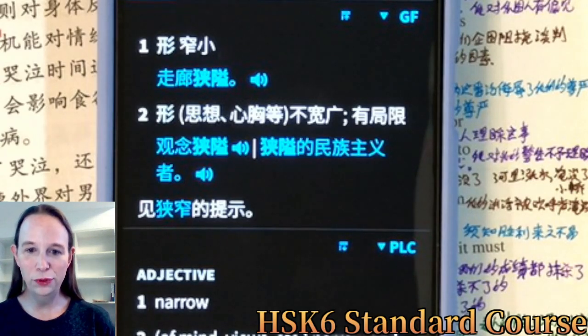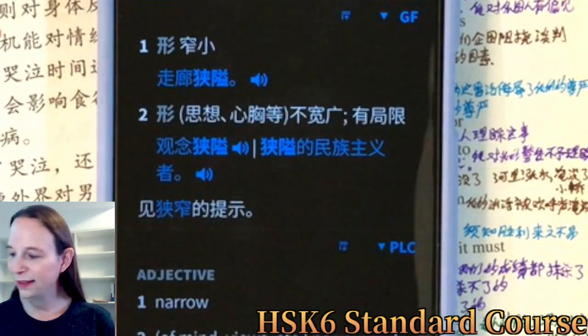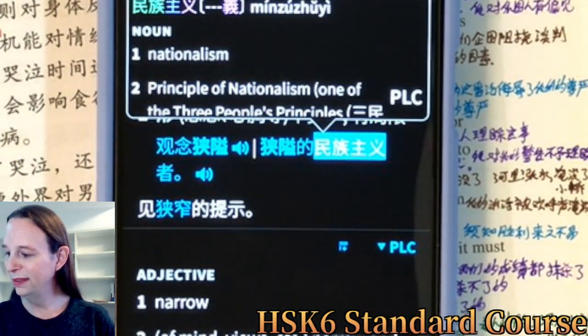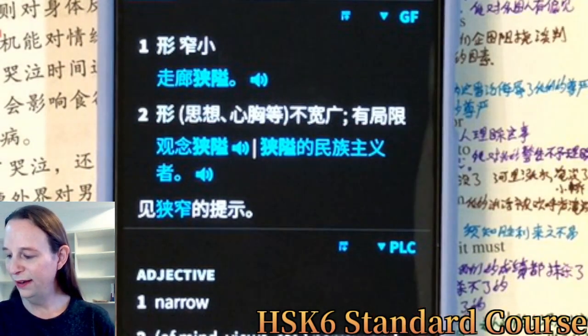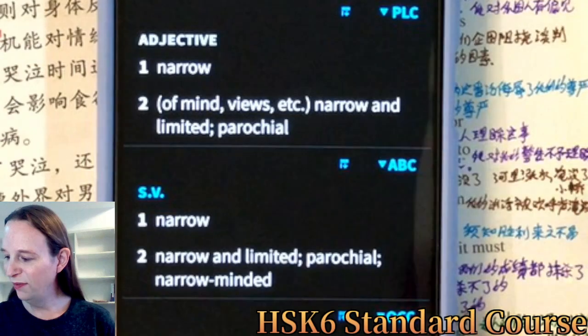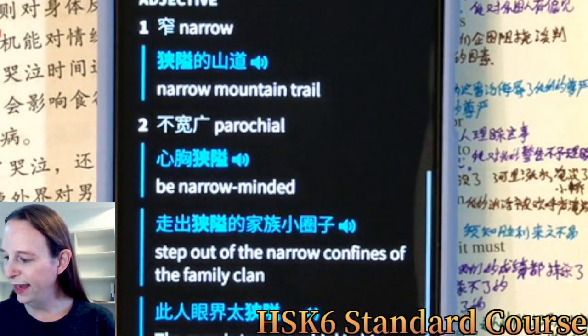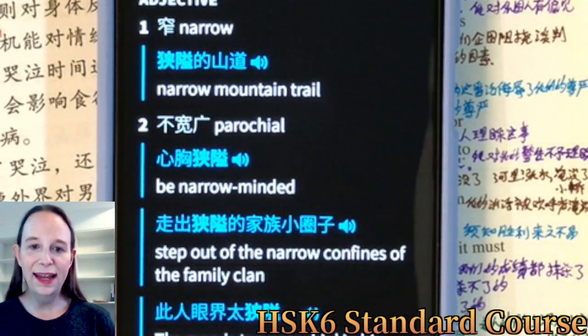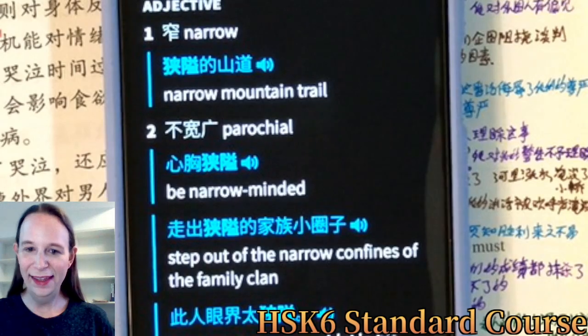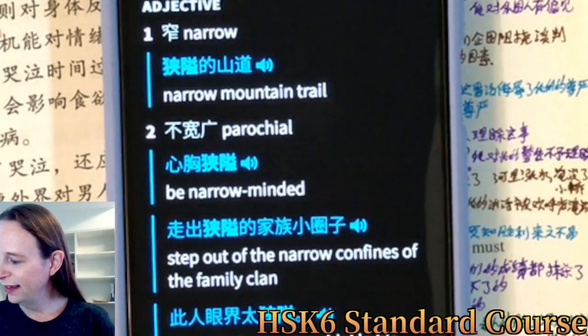I don't know. 民族主义, 民族主义者. Nationalism. I don't know what that means. Yeah, usually of mind viewpoints. Okay. 狭隘的山道. Okay, so you can use this for physical things, but I think most of the time it is